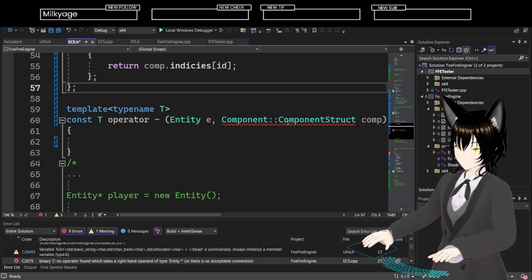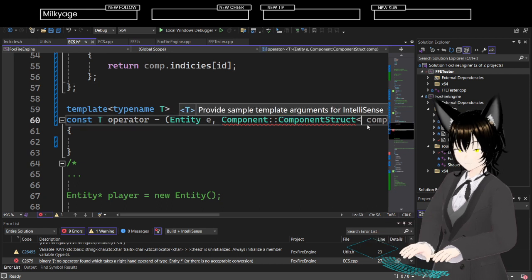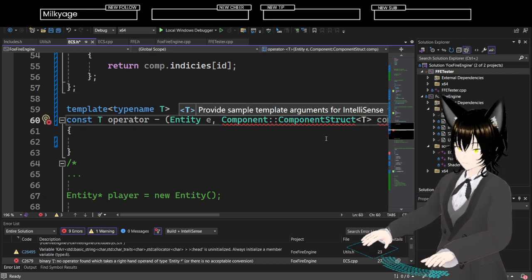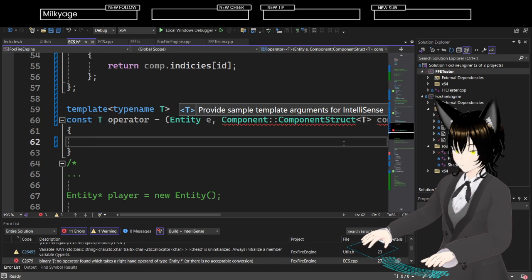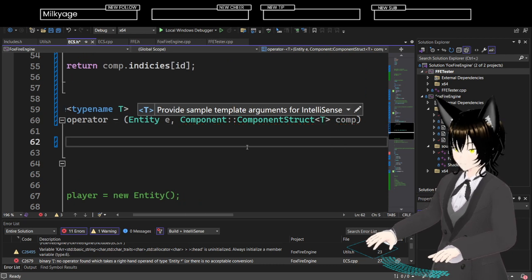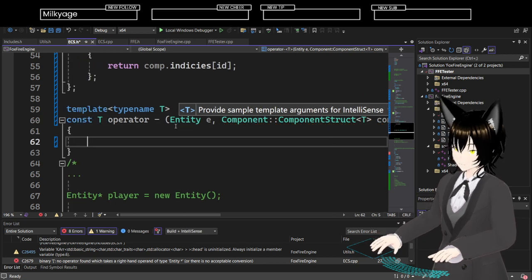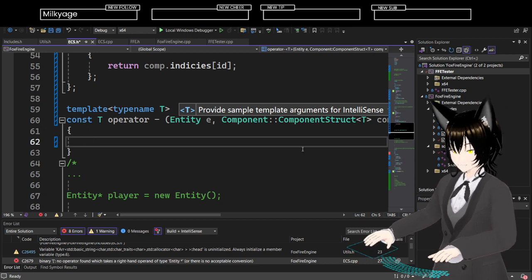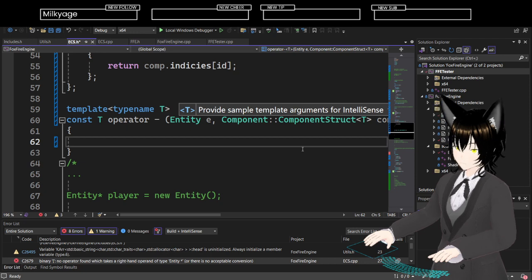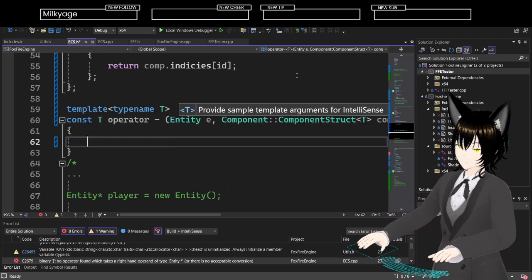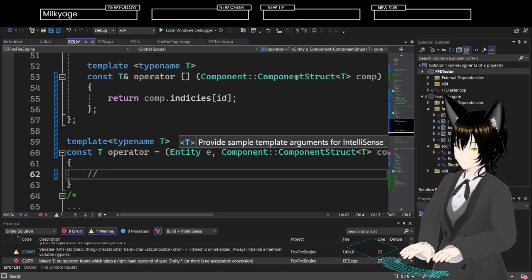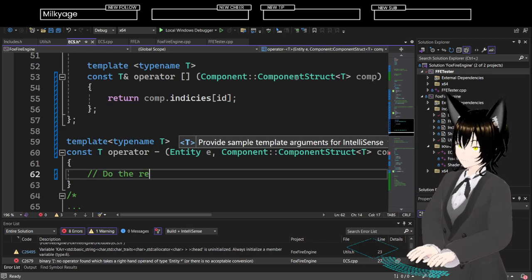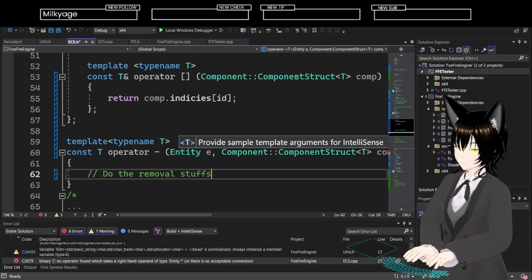Customer is missing. Ah, yes. T. Yeah, there we go. So when you subtract a component from an entity, there we go. Then do the removal steps.